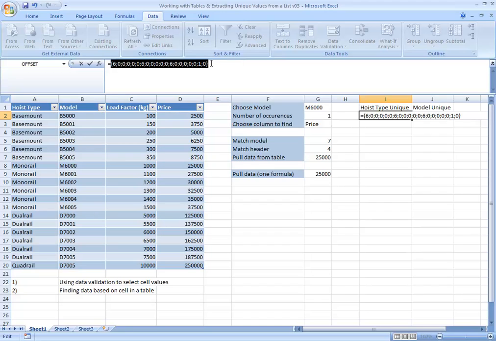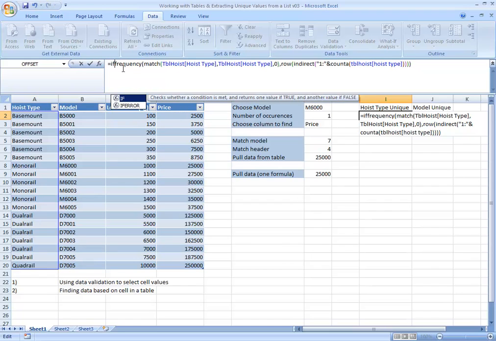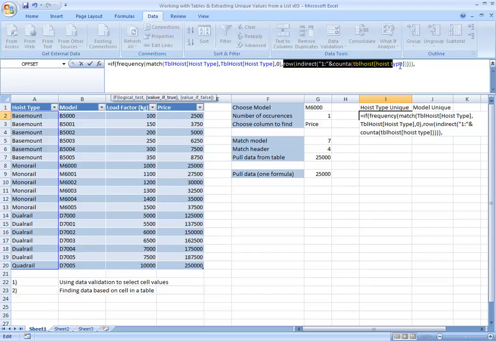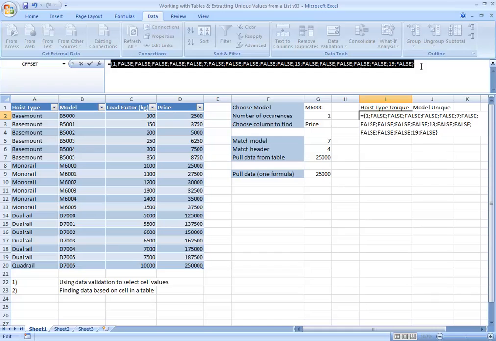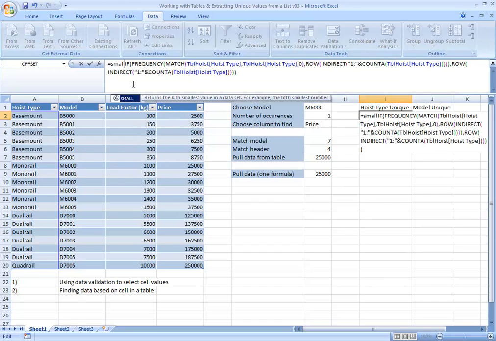So now we've got that, we can just use an IF and use this ROW INDIRECT again. This is what I'm looking for here, because this tells us that in row 1 we've got our first unique item, in row 7 we've got our next, in row 13 we've got our next, and row 19 we've got our next. Now what we can then do is put that in the SMALL function,